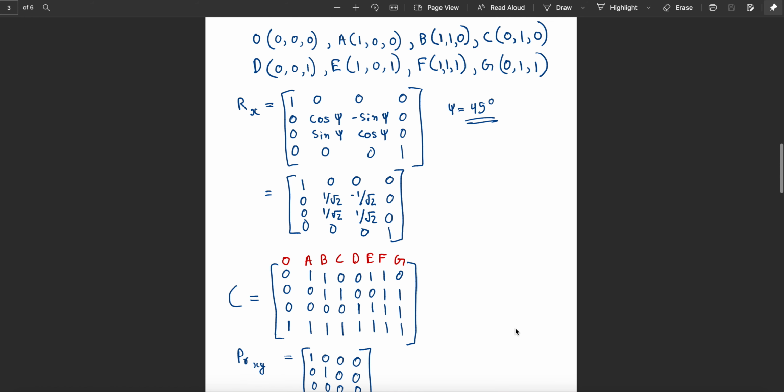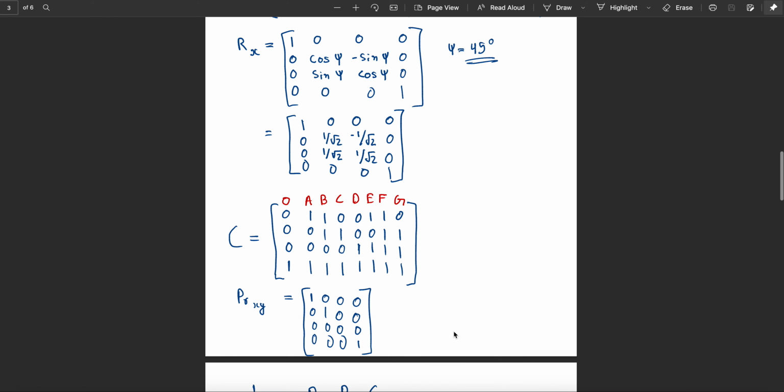And we represent the cube with the matrix C. You can see that each vertex of the cube is represented in the matrix C. So it's a 4 by 8 matrix. Now from the lecture videos, we know the